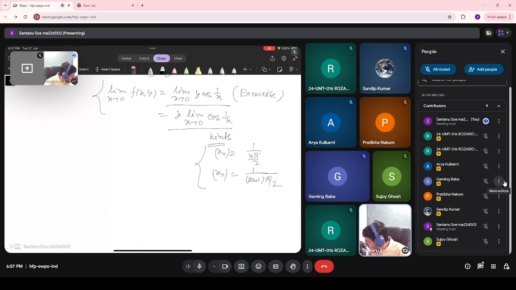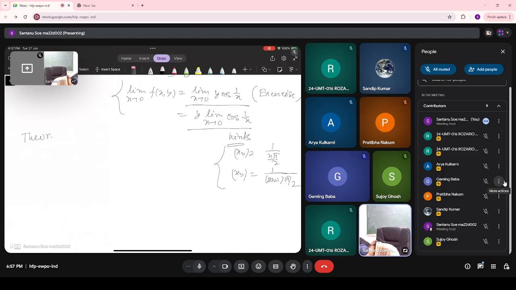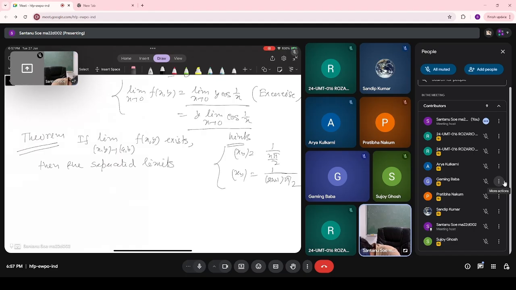Okay. So probably I'm gonna write the theorem. So the theorem is, if the limit (x, y) tends to (a, b) of f of x comma y exists, then the separated limits, limit x tends to a, limit y tends to b of f of x comma y, equals limit y tends to b, limit x tends to a of f of x comma y,